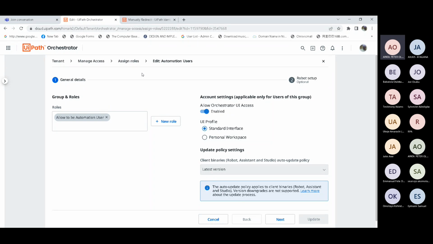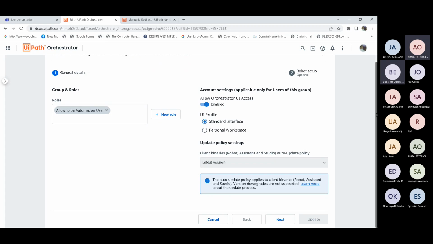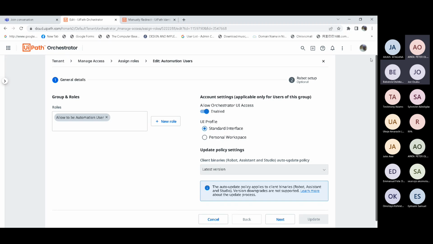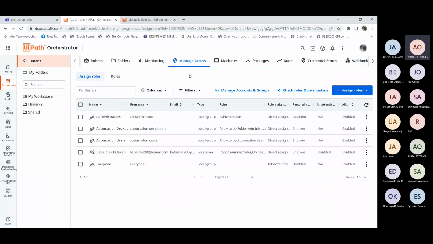Is that the end of it? Yes, that's all. There's nothing below. So there's nothing here. Okay, that error you copied just now, can you help me paste it on Google?